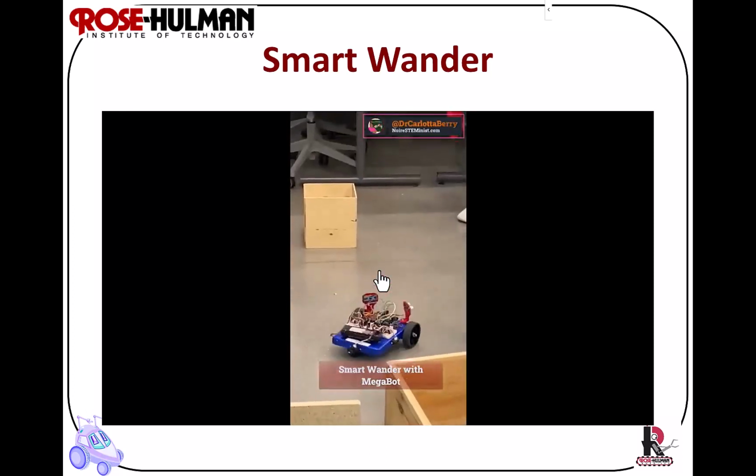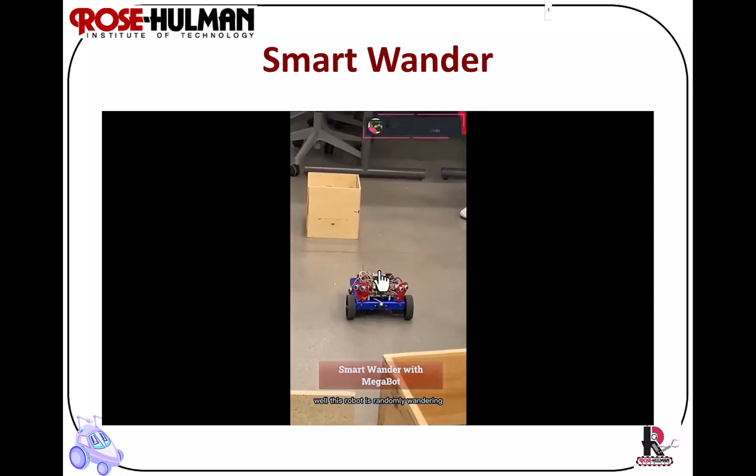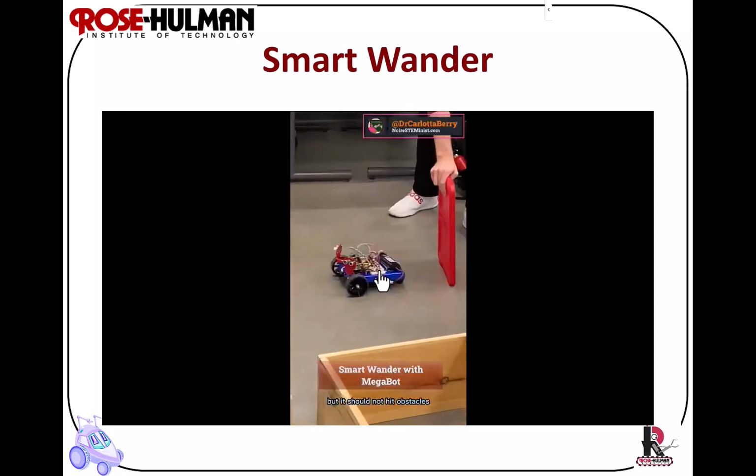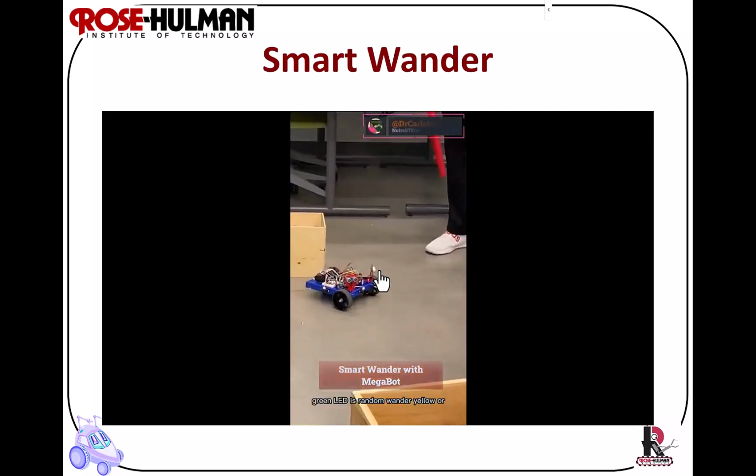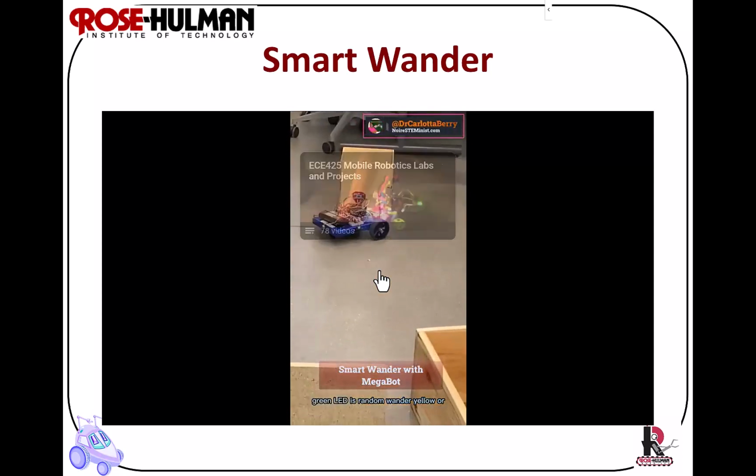A whole new world. This robot is randomly wandering, but it should not hit obstacles, so it's really smart wander. Green LED is random wander. Yellow or